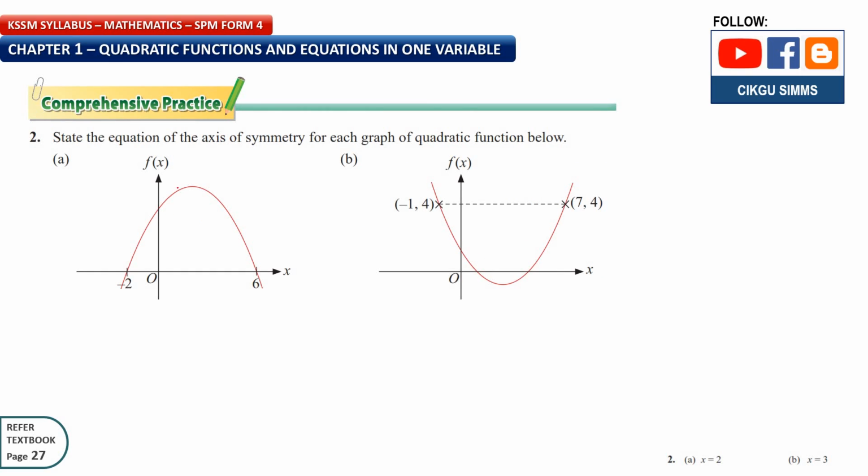Okay, so let's see question 2. State the equation of the axis of symmetry for each graph of quadratic function below. The axis of symmetry is the line that passes through the maximum or the minimum point. And the left is like a mirror, where the left side equals the right side. Okay, so this is the axis. And also this is the